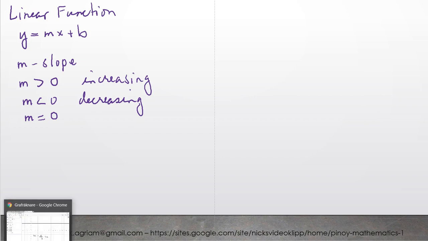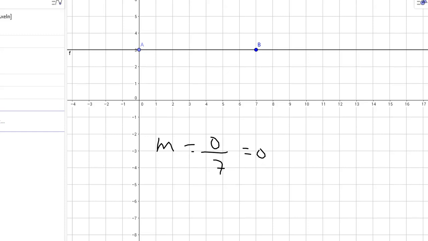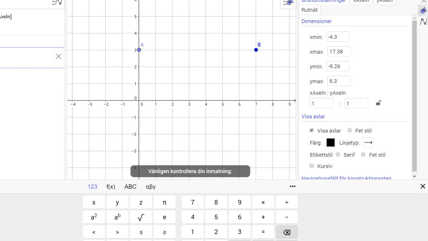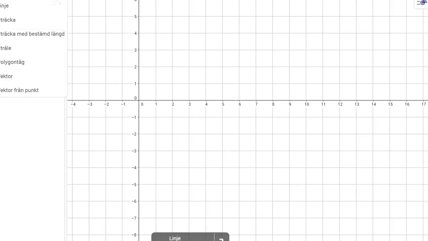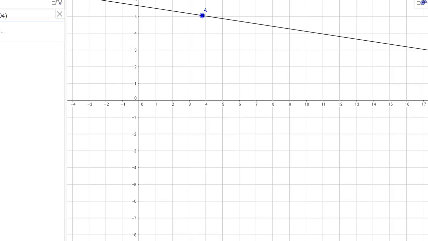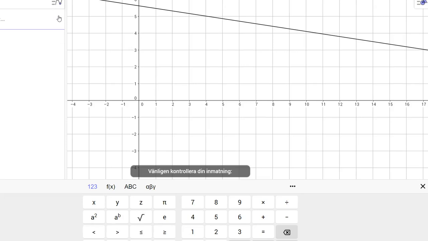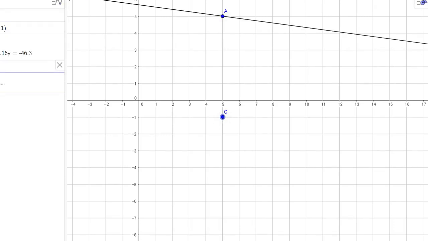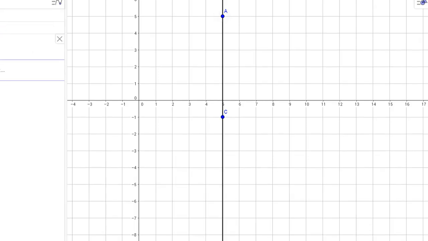How about if I have a vertical line? Let's see. Okay, remove everything. For example, I have a vertical line. As you can see here, when I have a vertical line, if I choose